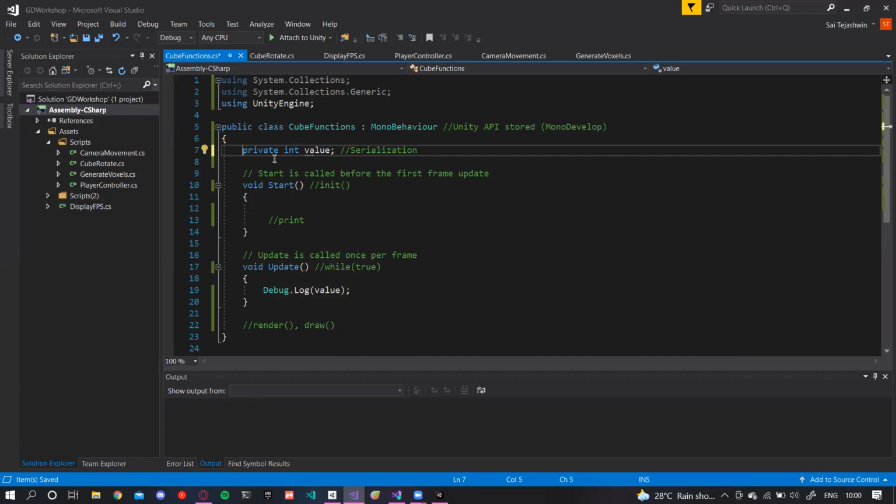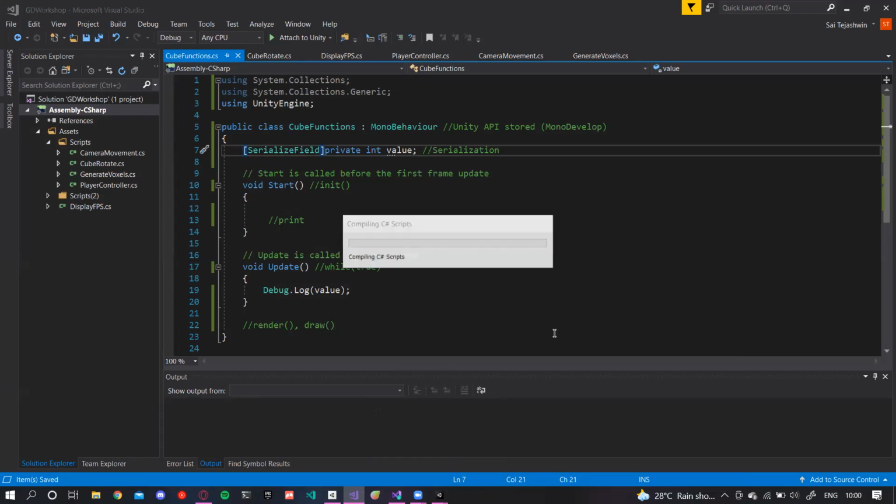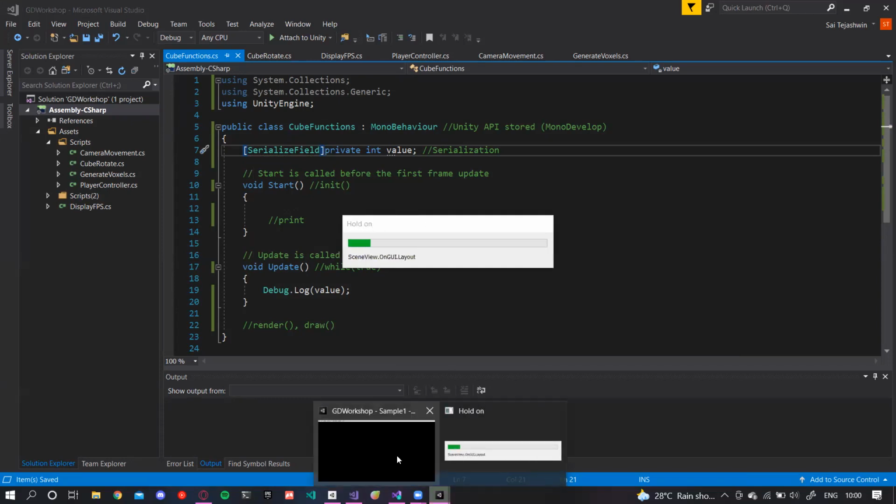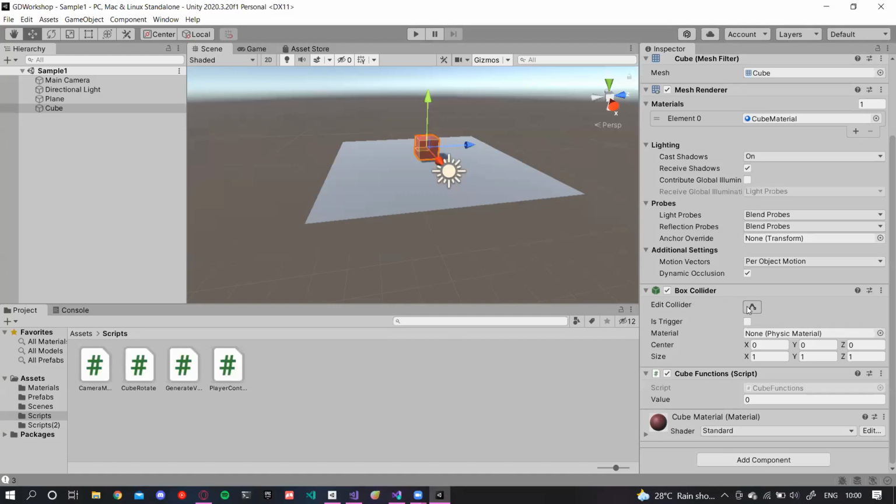But for a private value, if you want to serialize it, you just type SerializeField. Once you type SerializeField and keep it as a private int value, and you just save it, you get access to the value, and you can change the value while keeping it private.